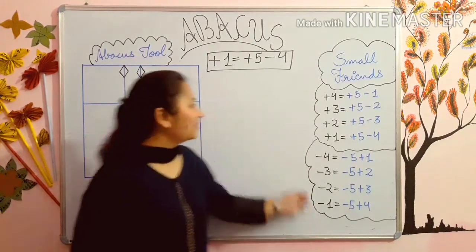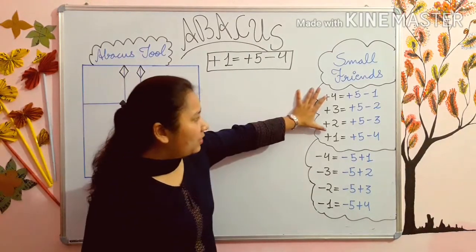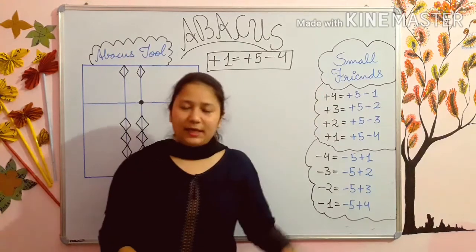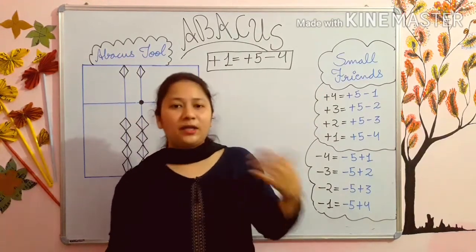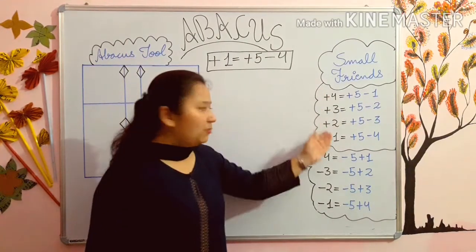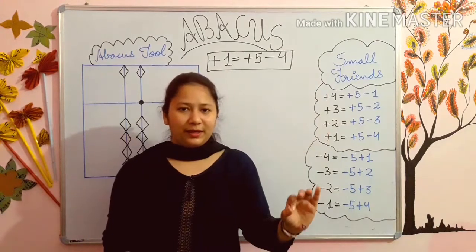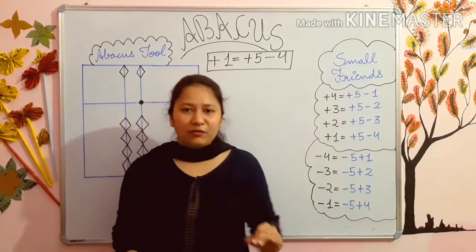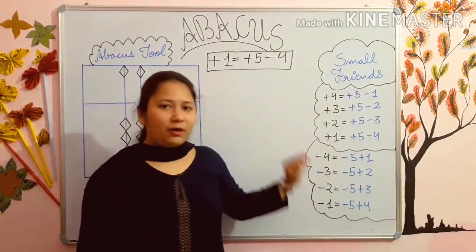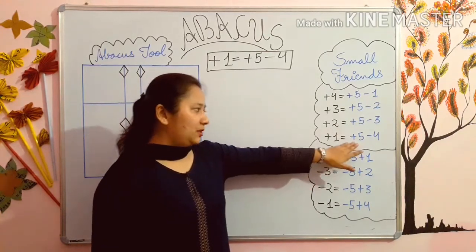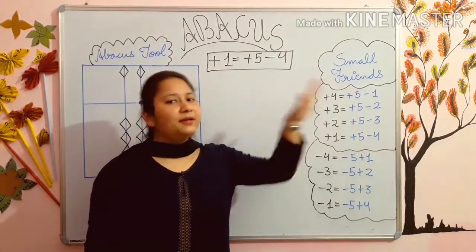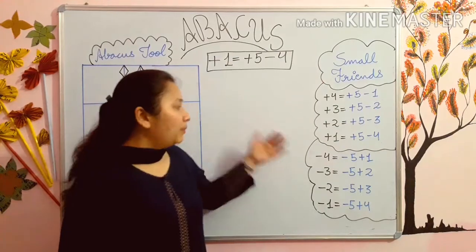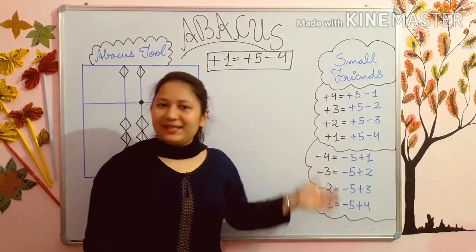Very nice. So students, the 3 formulas of addition we have completed in our previous video. हमने पुरानी videos में 3 formulas complete कर चुके हैं. Now today we are going for the last formula for addition, which is plus 1 is equals to plus 5 minus 4. Before starting our today's sum,